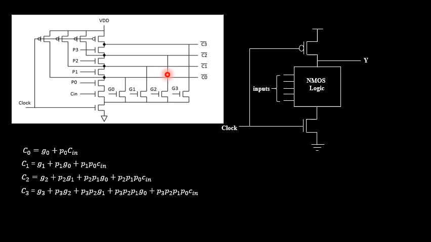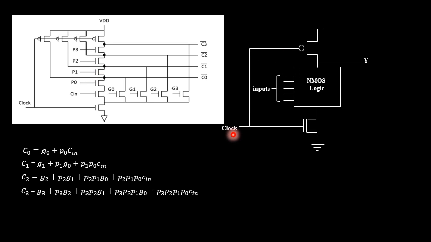So you will be having a design something like this for each individual generation of C3, C2, C1, C0. I require one PMOSFET of this kind for each, so I have used 4 such PMOSFETs depending upon the number of bits. Here I have selected 4 bits, so 4 PMOS transistors in the pull up part, and this is the NMOS logic, and in addition you will be having one additional NMOS transistor. If you compare this logic with the previous one, it has reduced the number of transistors required.